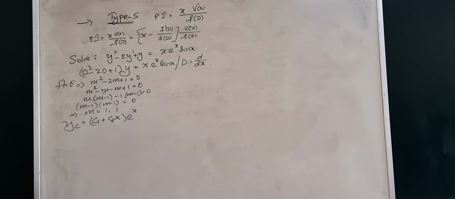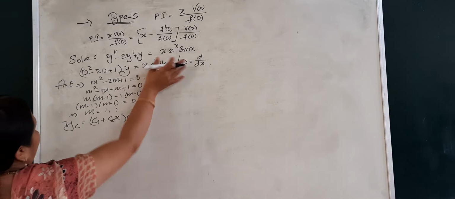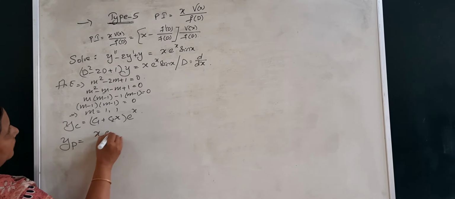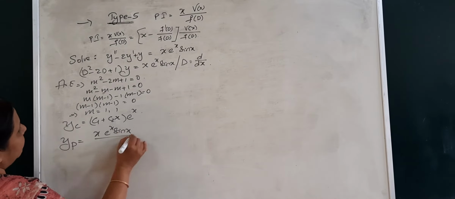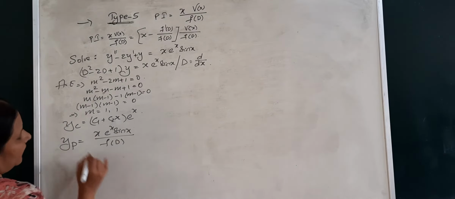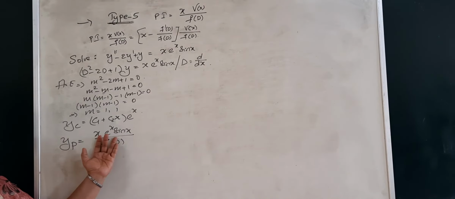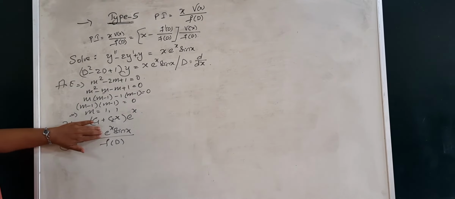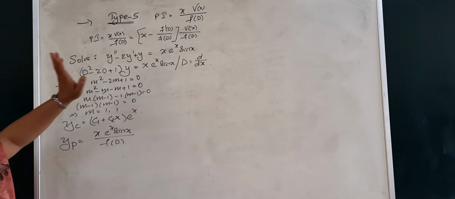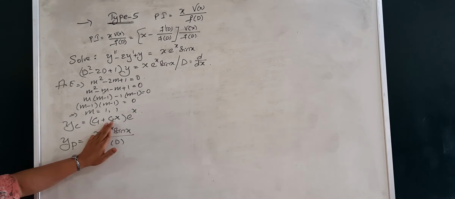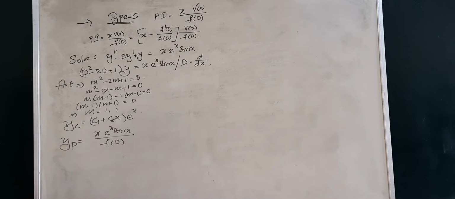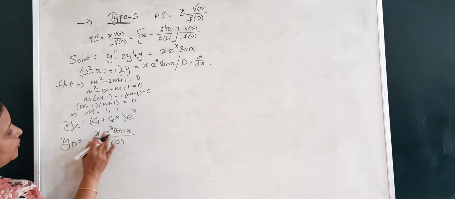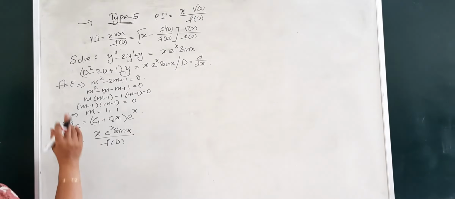But now coming to the important part of the problem, that is our yp. So what does this yp say? yp is equal to x e to the power x sin x, whole divided by f of D. Now we have the product of 3 terms. In type 4, we saw product of 2 terms where one term is fixed, that is e power x into v of x. But in type 5, we have product of two terms, x is fixed, e power x, v of x divided by f of D, right? But here, as this is 3 terms, we will try to write it first in terms of type 4.